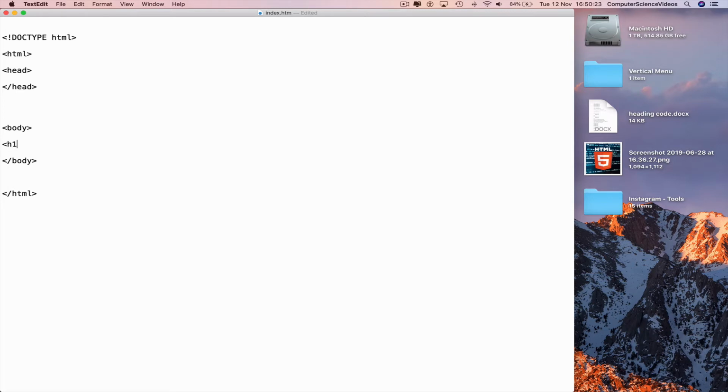Less than H1, vertical menu. And now bring in the navigation bar. Less than div class equals speech marks vertical menu greater than, go to a new line, indent, less than a href